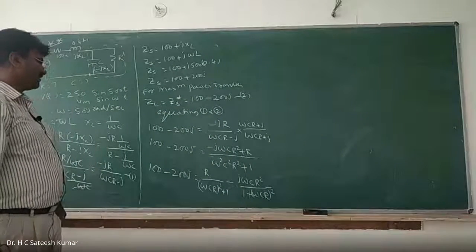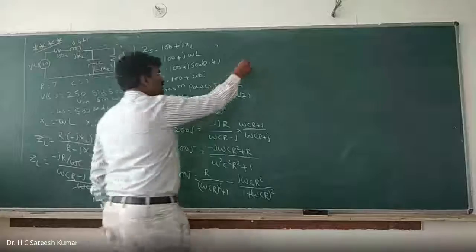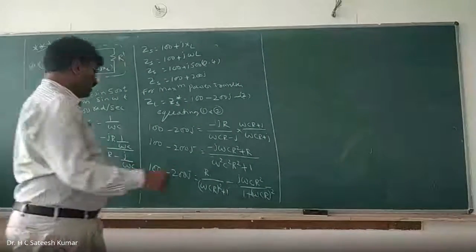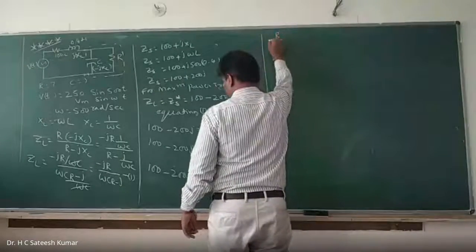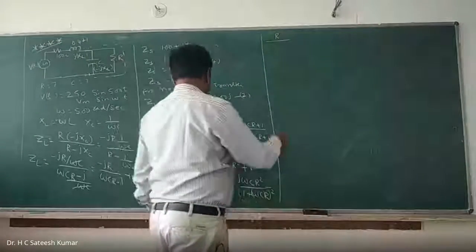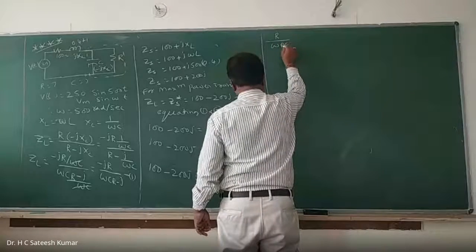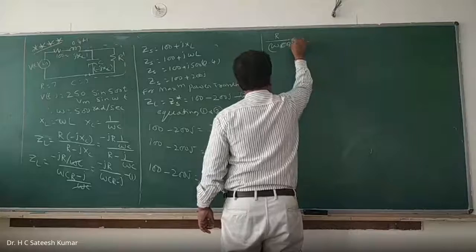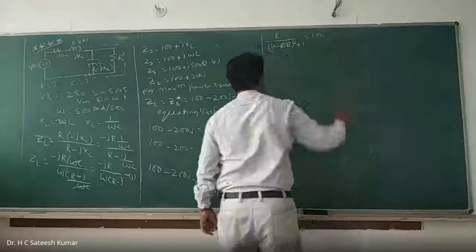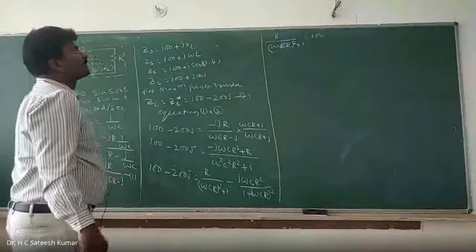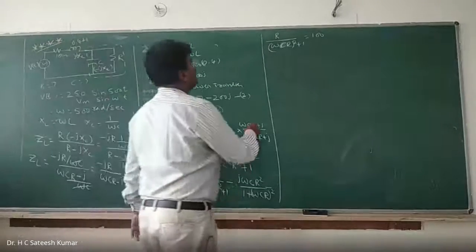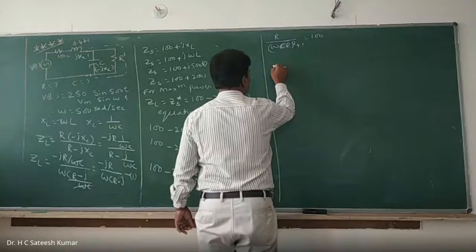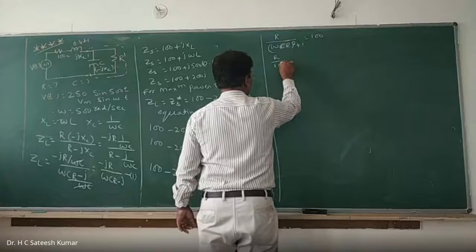Okay, compare real and imaginary parts. So what is that you are going to get? Real part is what? Real part is R divided by omega CR whole square plus 1 is equal to 100. So therefore, what will you get? And cross multiply it. What is that we get it? R by 100 is equal to